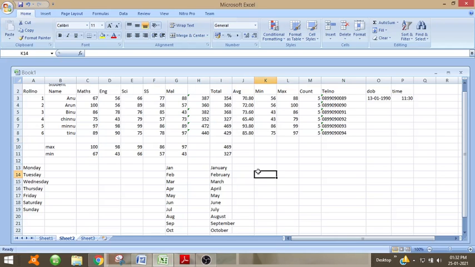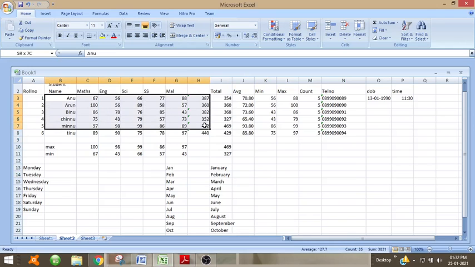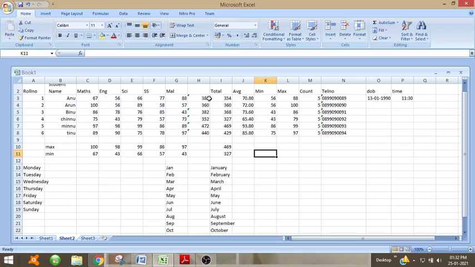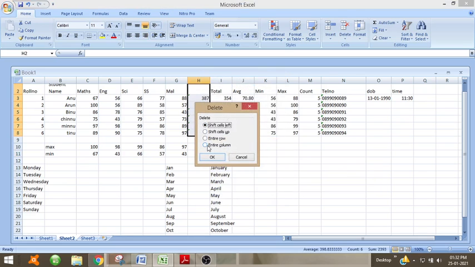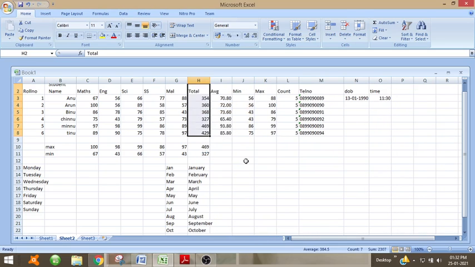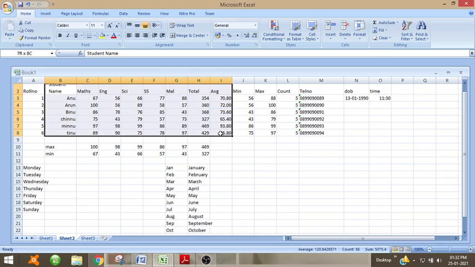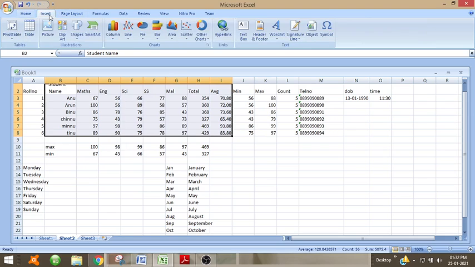So suppose you have to select the marks of all the students and delete this column. Then select student name, select the data based on which you have to draw the graph, then insert any of the graphs you can select.